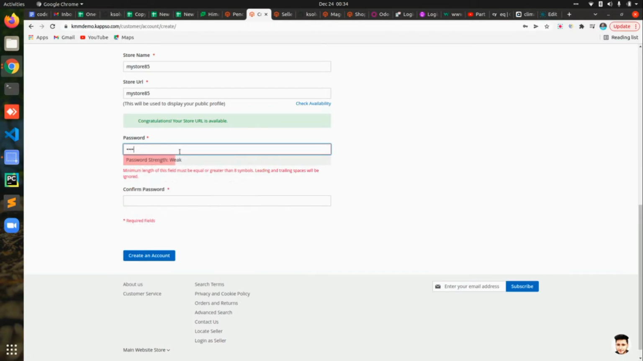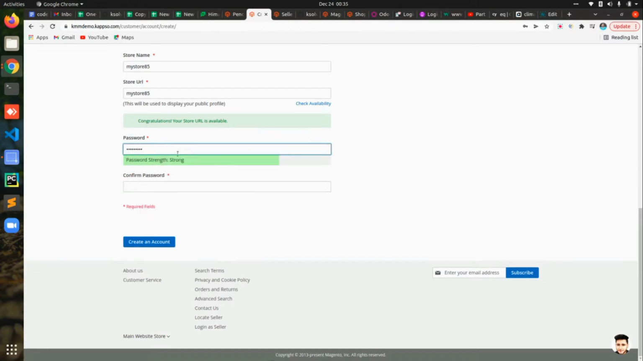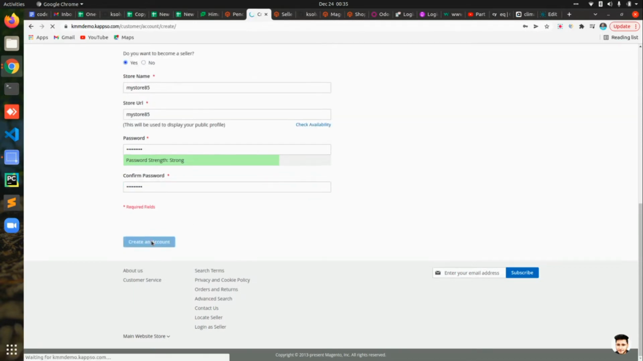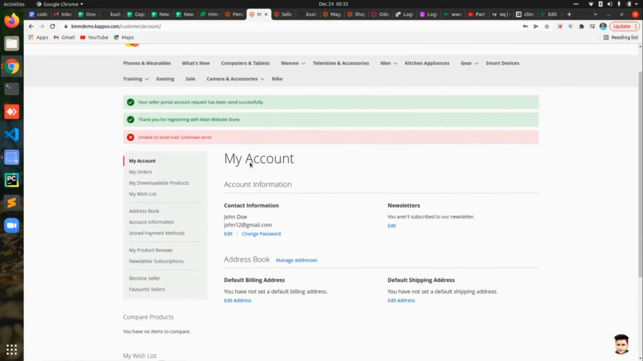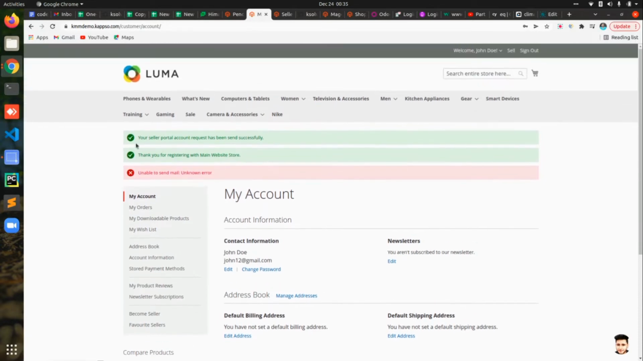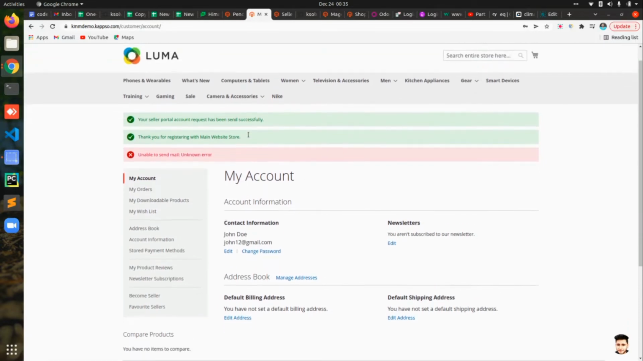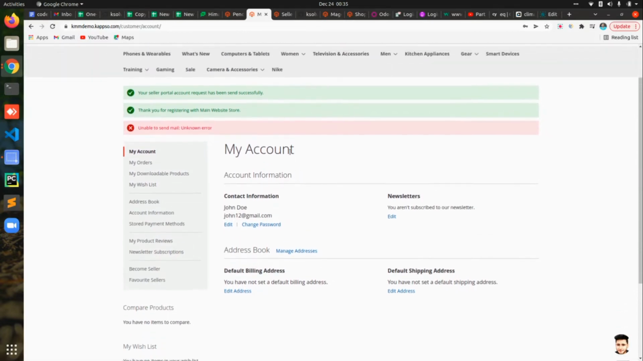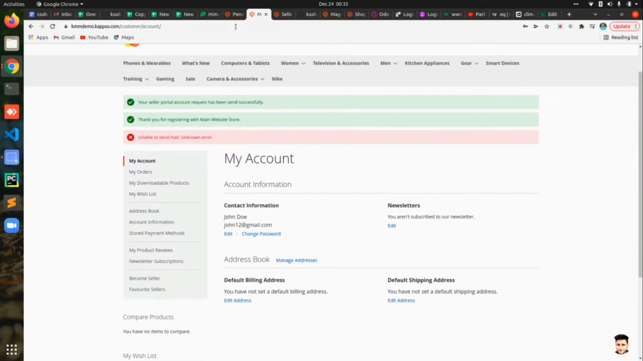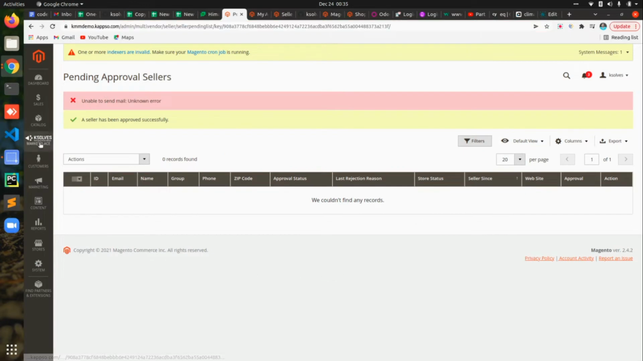So enter your password and create an account. So once you click on create an account, here you can see your seller portal request has been sent successfully, and you will receive the mail also for that. So as this account is in pending state, so we need to go to the admin portal and